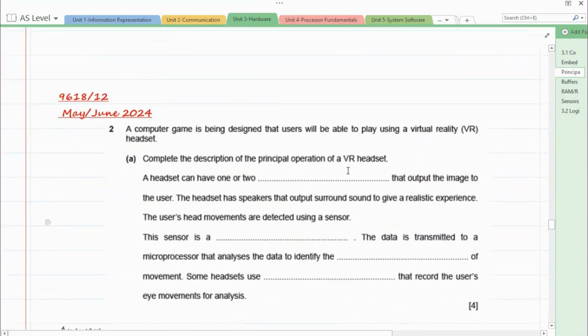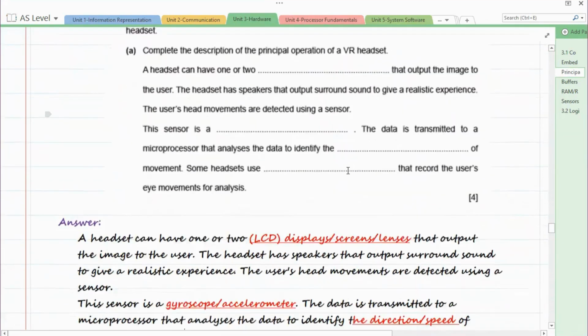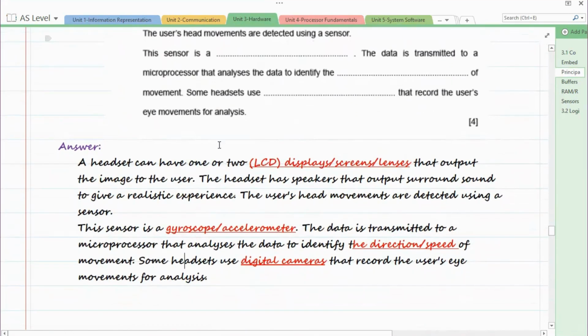So, now I'm showing you the answer. A headset can have one or two LCD displays or screens or lenses. Anything you write, you'll get marks. This sensor is a gyroscope or accelerometer, and the data is transmitted to a microprocessor that analyzes the data to identify the direction or the speed of the movement.